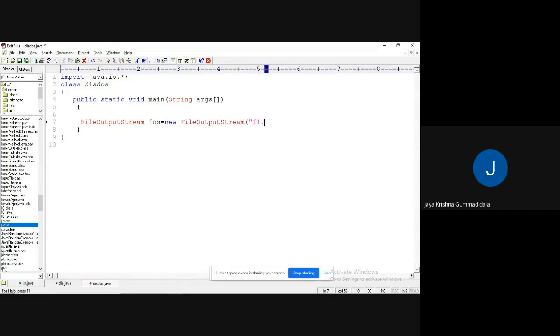For example, I am passing f1.txt. Guys, I hope you already know, whenever you are trying to write the data, if the file exists, there is no problem. It is going to overwrite or append depending upon your syntax. If the file does not exist, it is going to create a new file.